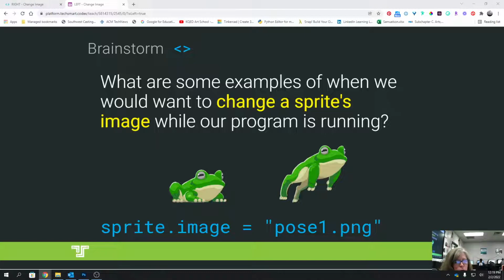So if we look here, you see a couple of images. This would just be an example. You have a frog in a normal frog pose,